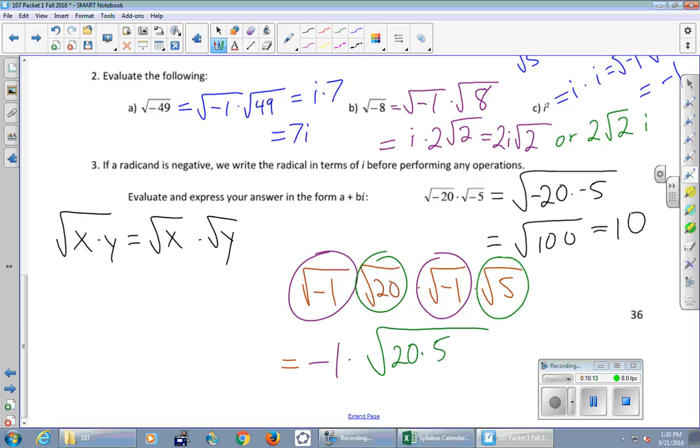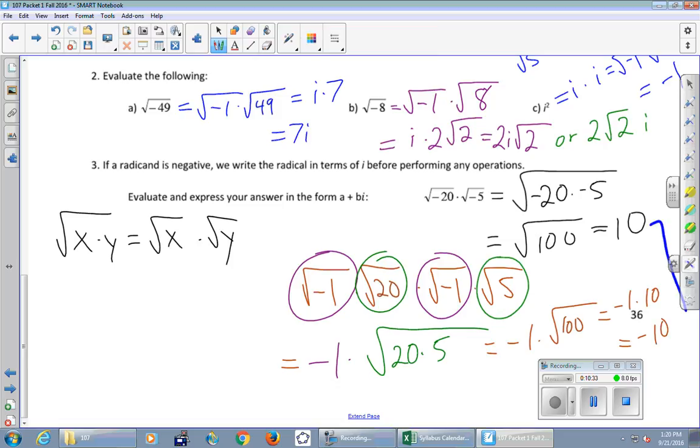And so this is equal to -1 in the front, square root of what number? Square root of 100, which is a -1 in the front times 10, right? Square root of 100 is 10. And so this answer is -10, which is really troubling to me because I felt like we did okay work before and we got +10 and now we got -10 and the answer can't be two different things, right?